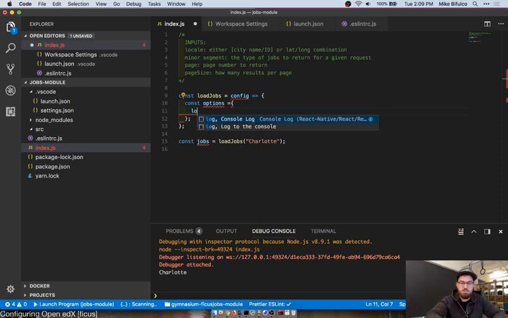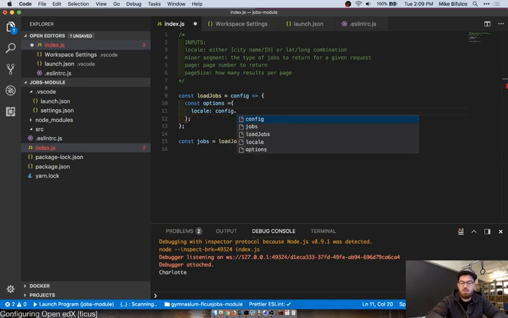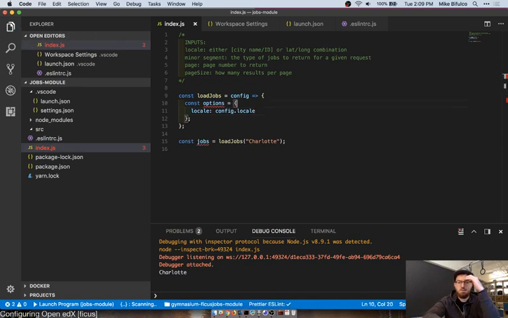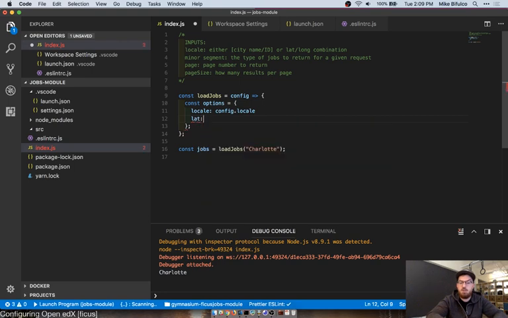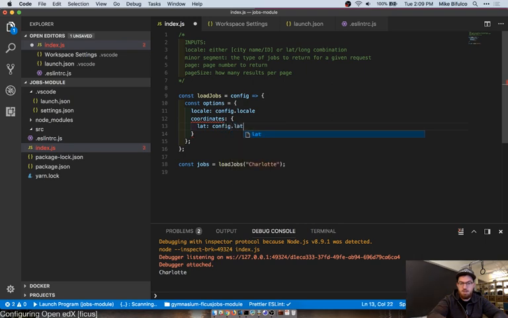So, locale is going to be config.locale. This is going to be the input locale, or we're going to say latitude, what should I call that, coordinates, is going to have lat, which is going to be config.lat, and on.